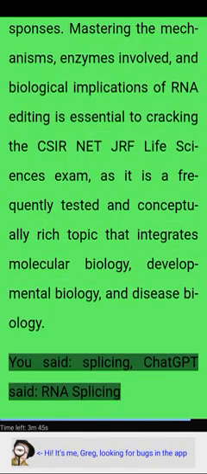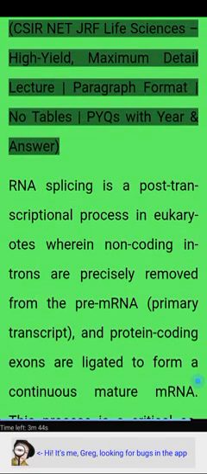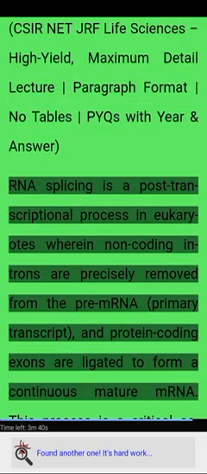RNA splicing. CSIR NET JRF life sciences, high yield, maximum detail lecture, paragraph format, no tables, PYQs with answers. RNA splicing is a post-transcriptional process in eukaryotes wherein non-coding introns are precisely removed from the pre-mRNA primary transcript